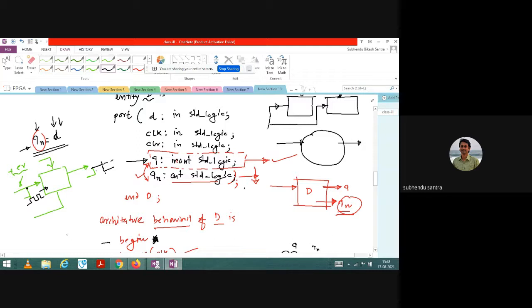But we do not want that. We want it to stay in the previous output, whatever the previous condition was. It will remain in that condition unless you give another input or another clock to the system, or you reset it. You understand? So that is why this is required. Otherwise, if you say, sir, I want to write using only the output standard variable, is the code wrong? No, the code is not wrong.